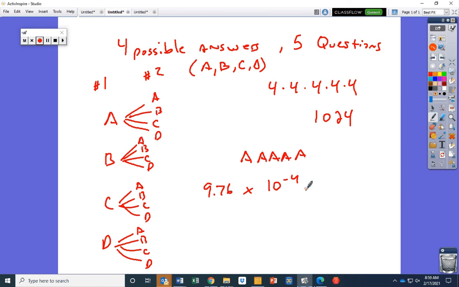Do you know how to change that into a standard number? You remember that? What would that mean? I would move this decimal where? 4 to the left. 1, 2, 3, 4. Okay? Pretty small chance, isn't it? Okay? All right. Does that make sense how we do this? Okay. I will pass out your